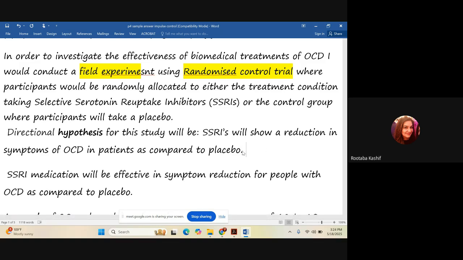So SSRIs will show a greater reduction in symptoms of OCD in patients